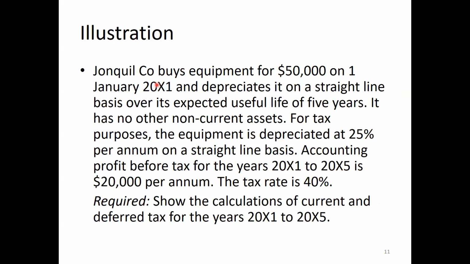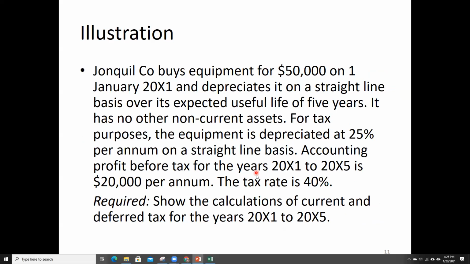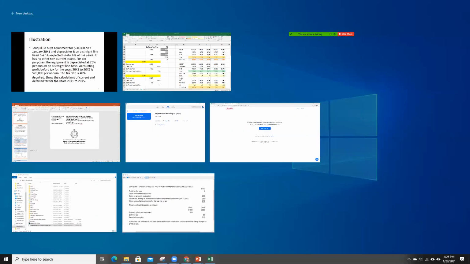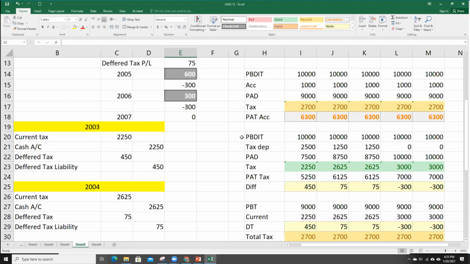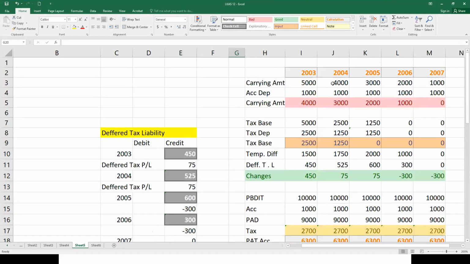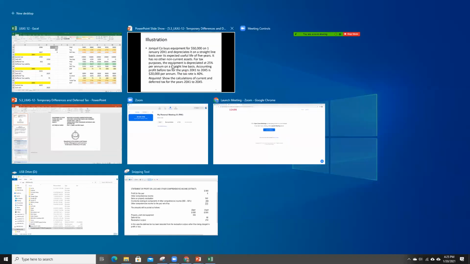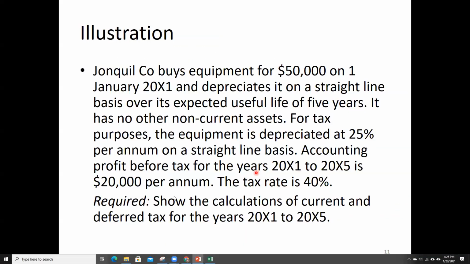This is similar to the question we have done on an earlier slide, but it is a little bit easier, right? You can do it by yourself, and do all the things that I do. In Excel I did some, no? So likewise, you have to prepare this kind of schedule. That is for your understanding purpose.